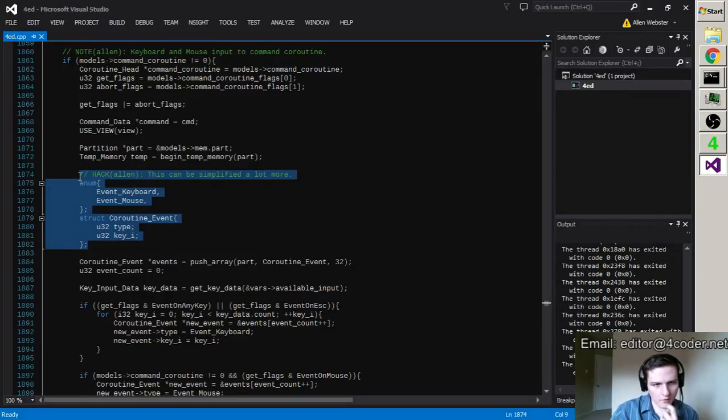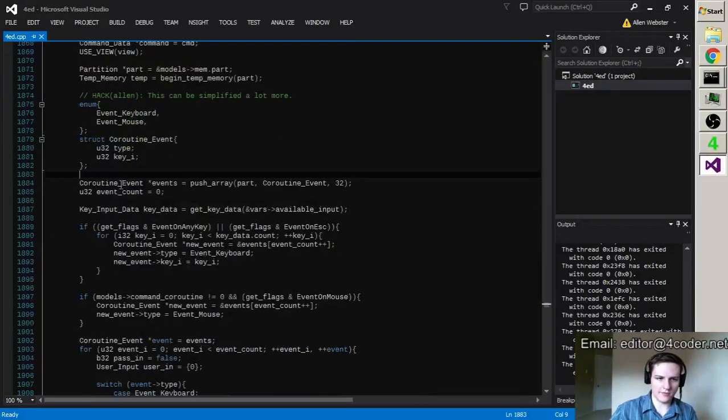Sure would be nice to have had that fixed. I don't remember how that's a hack or how I would have simplified it. Oh boy. I don't know.